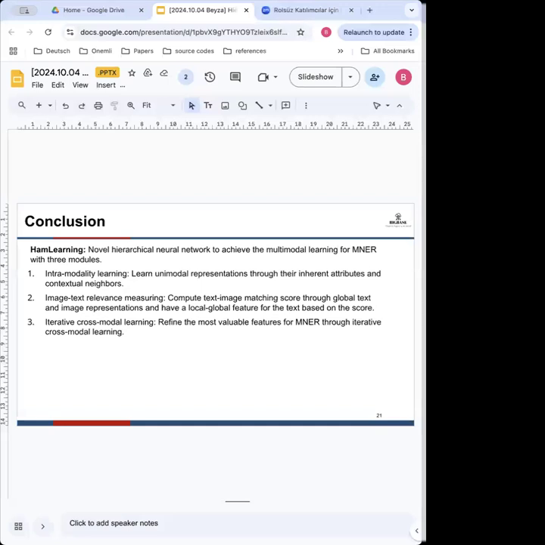And for summarizing, the proposed method here is a novel hierarchical neural network, and it's trying to achieve multimodal learning for multimodal named entity recognition. And it has three modules, as I explained: intramodality learning, image text relevance measuring, and then lastly, iteratively learning from cross-modal data for